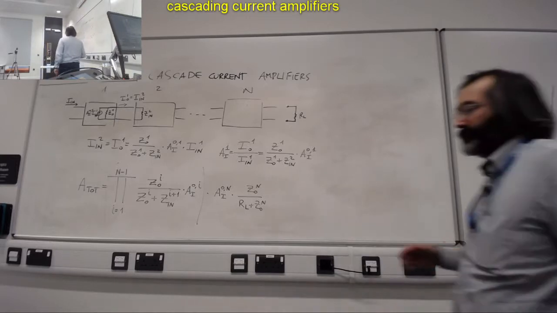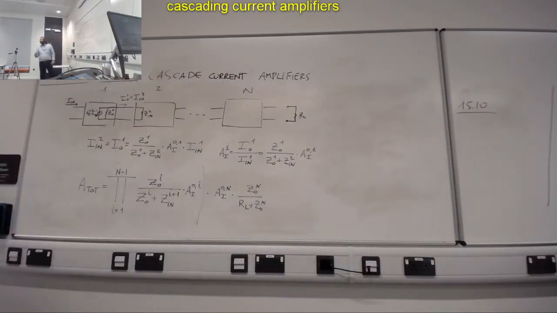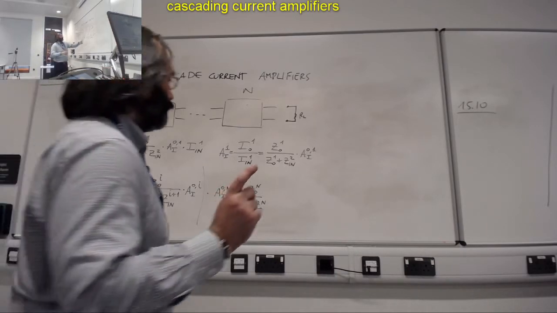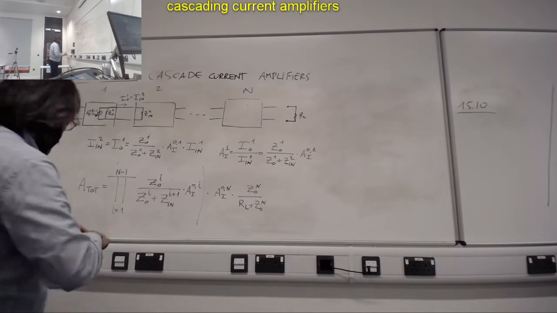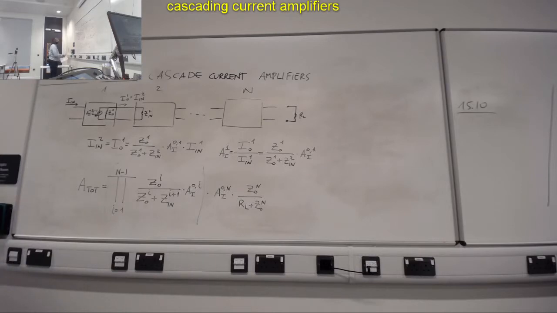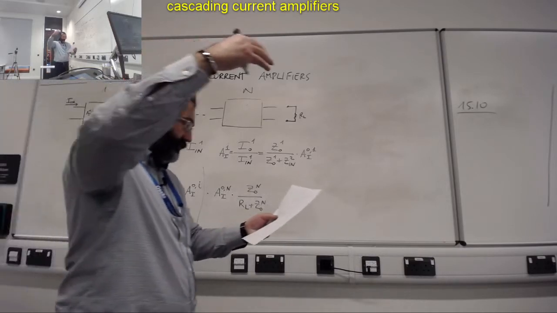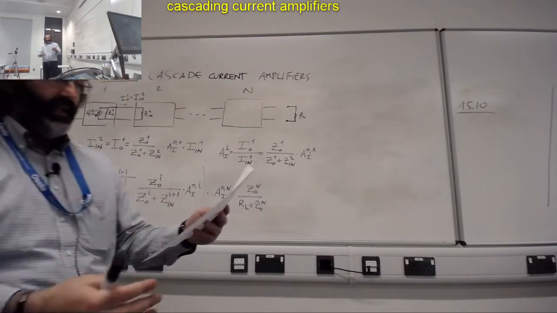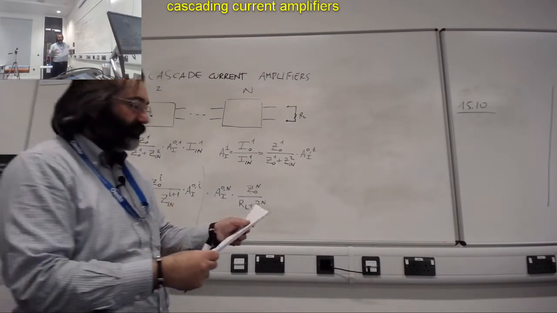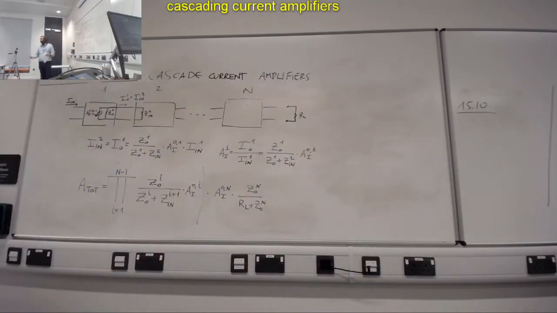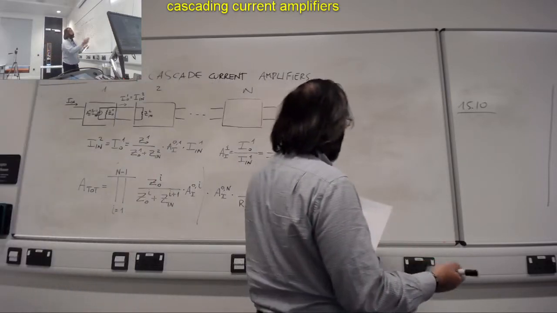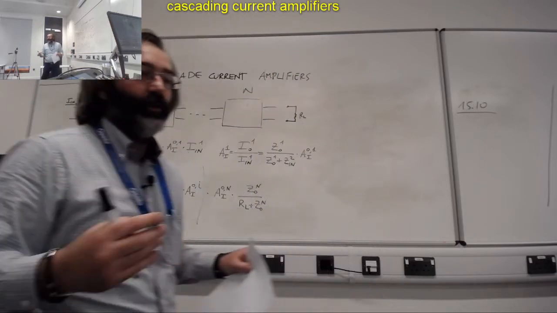Okay, let's start again. From the previous lecture on the cascading of voltage amplifiers, I forgot to mention that if you look at that formula, it had Z input at the top and Z output, Z in. It's clear that if we were dealing with ideal voltage amplifiers, we would have to require an ideal voltage amplifier